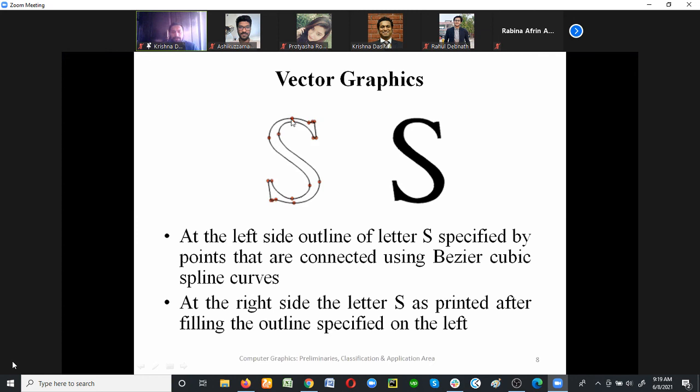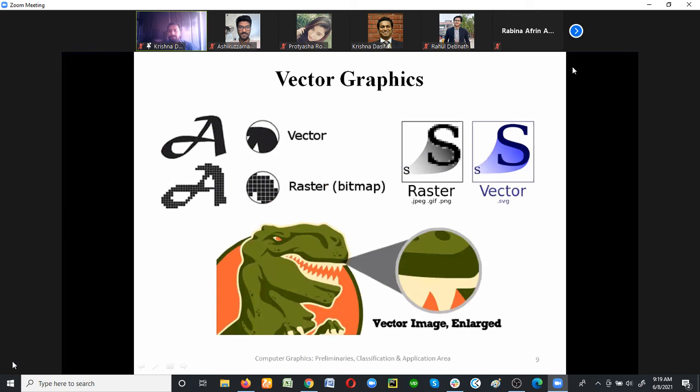As you can see, the outline has been drawn first with those small nodes, and they have used cubic Bezier curves, from this point to this point. That curve has been drawn first, then they fill up the color maybe, and you can see that as vector graphics. If we go for raster and vector, there are many formats like JPEG, .jpg, PNG,